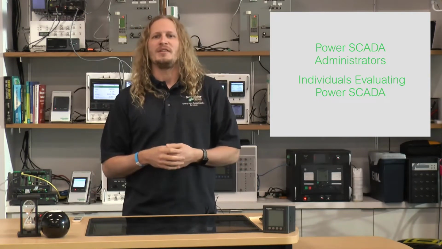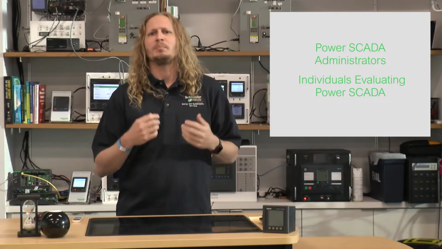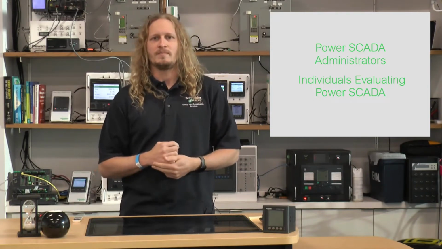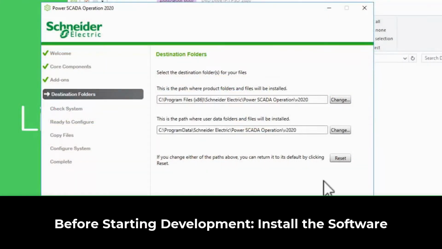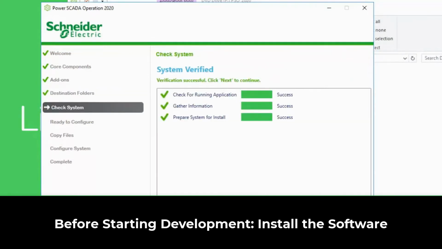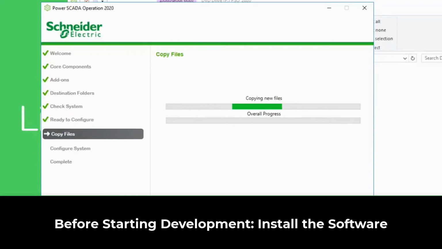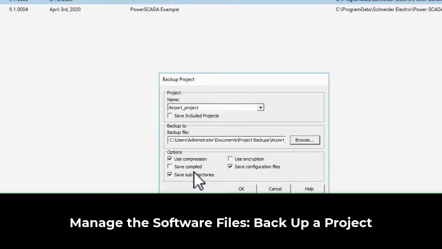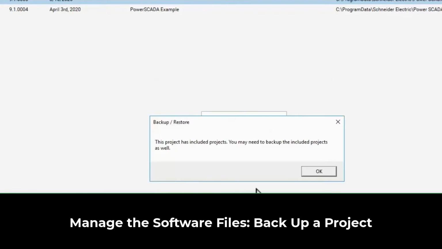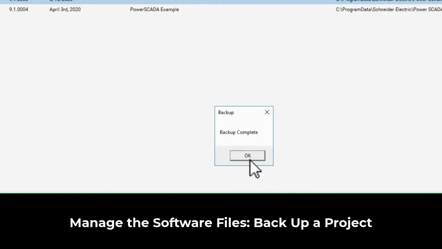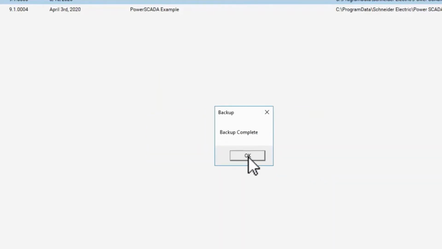In this course, the other instructors and I will build a simple project from start to finish. First, we'll discuss the basic software architecture, system requirements, software installation, and other pre-development tasks. With the software up and running, we'll create an empty project and cover the basics of project management, backup, restore, user management, and application settings. These details may be useful for you even if you don't intend to go any deeper in development.